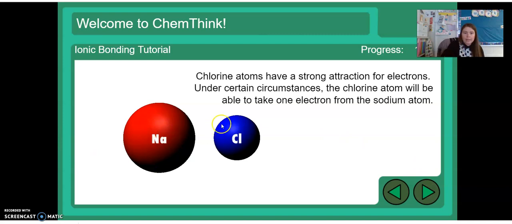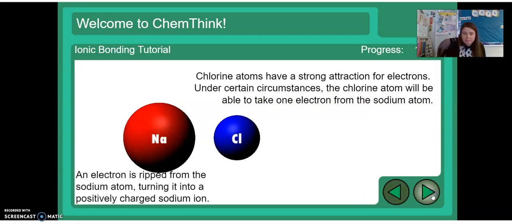Here they are in little atomic versions, and so chlorine atoms have a strong attraction for electrons. Chlorine is going to want to gain electrons to fill its shell, and sodium is the opposite. Sodium is going to want to lose electrons to have a full shell. So under certain circumstances, the chlorine atom will be able to take one electron from sodium, and sodium will lose